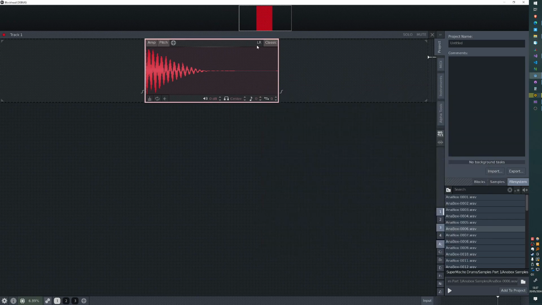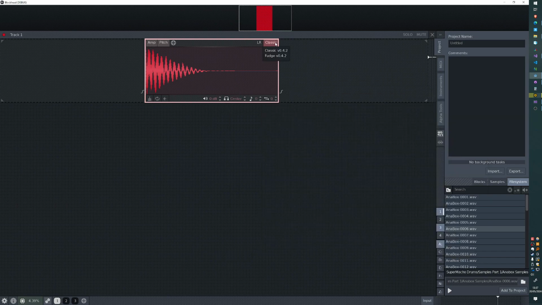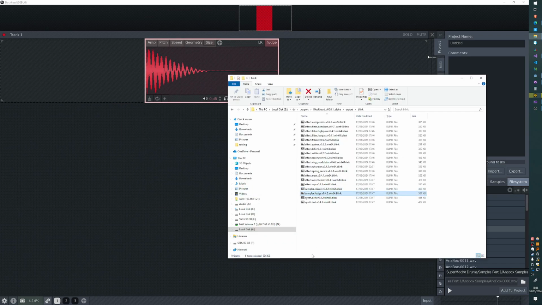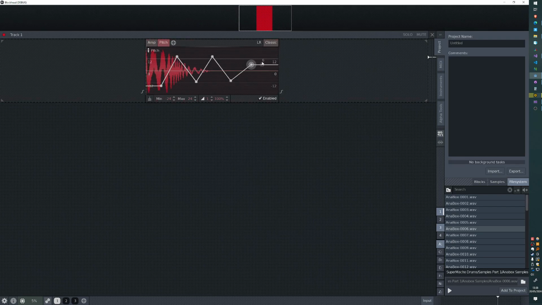So this classic thing that I have set up here is this DLL here, and because it's a sampler, I can hot switch to any other sampler DLL. So I can switch to fudge, and now it's using this one, for example. Both of these plugins have this pitch parameter, so I can input pitch information here, and then I can hot switch to classic. And even though it's a completely different DLL that's handling this block now, the modulation data remains, because this modulation data